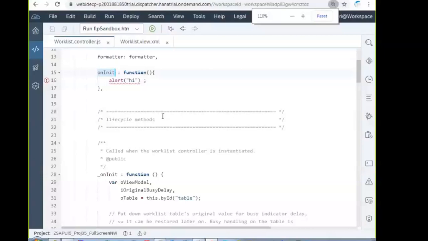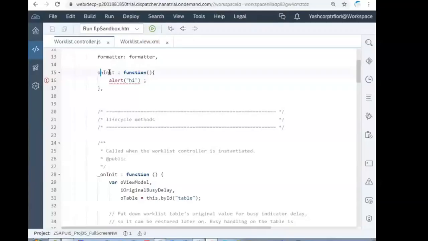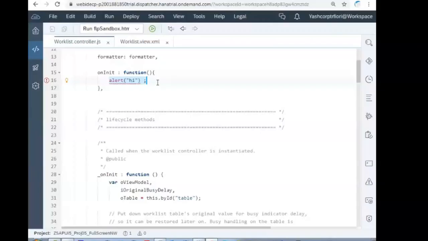In that, I wrote a JavaScript statement, because if there are no errors, this will be executed. Without any user intervention, when the browser starts up, this onInit function is called with the alert message.